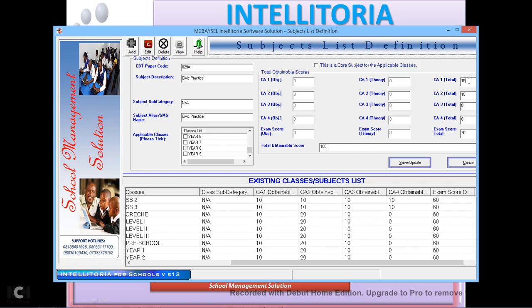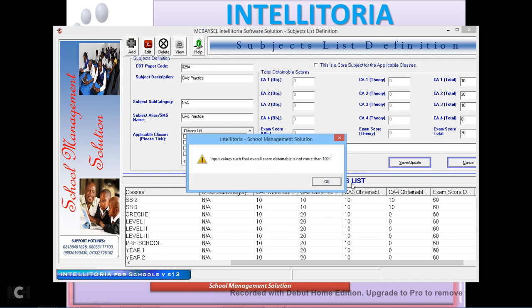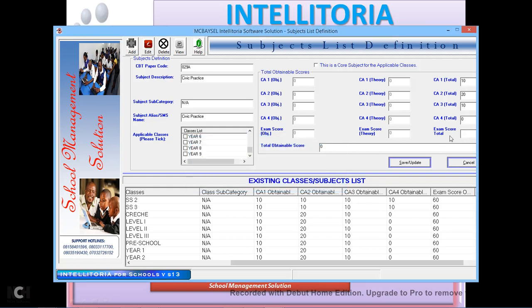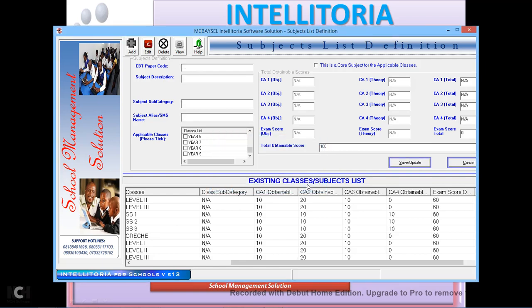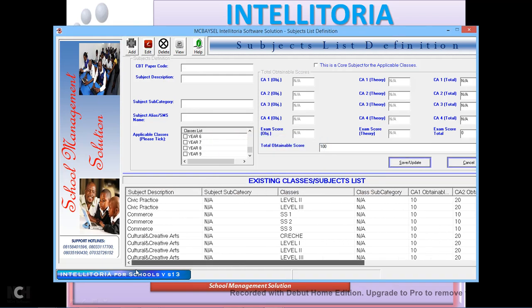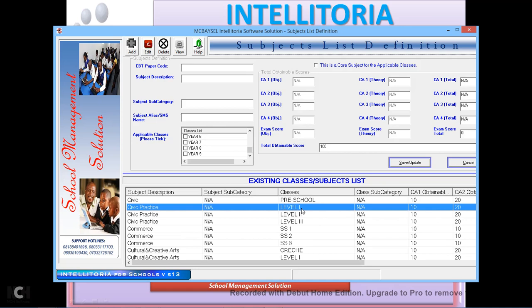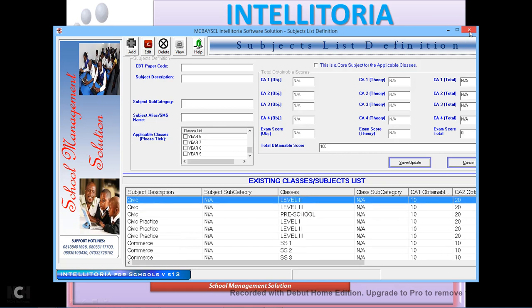So let us put in the correct structure. So it's 10, 20 for the second CA. The third CA is also 10, and the maximum obtainable is 60 in there. So we can save this, and the subject details have been saved successfully. So that's how to create subjects for a particular class. I can close this page to go to the next